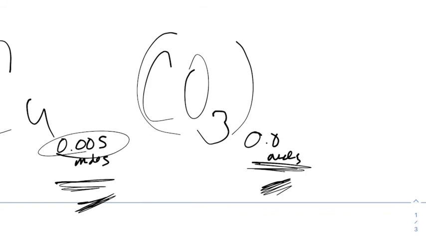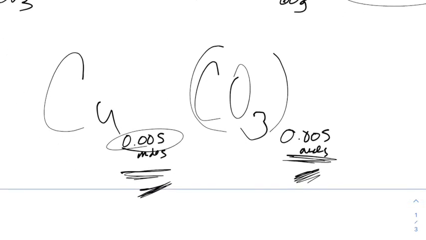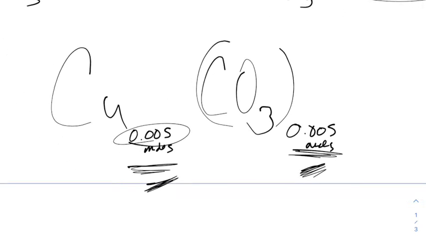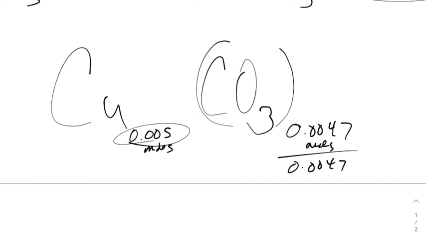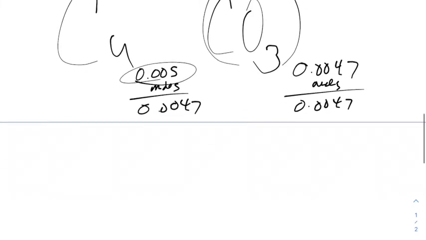Even if I rounded that, that would be about 0.005. They're about the same. So again, if I did all of the math on that, what I would do is divide by the smaller of the two numbers, 0.0047, and what you basically end up with is